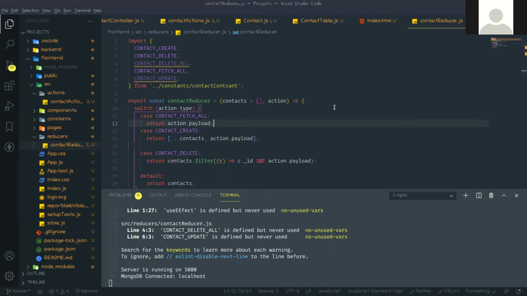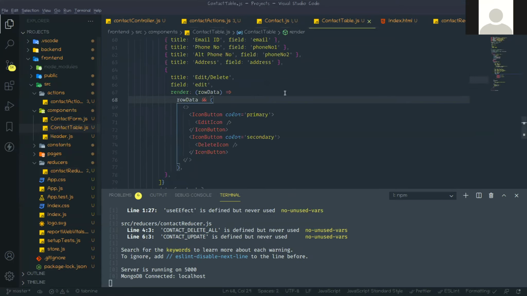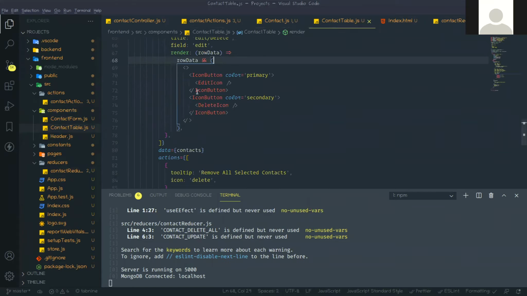Now go to the contact table.js. So here this is the button for delete, right? For that, you will get this row data. Row data means what? It will give you one single object, right?